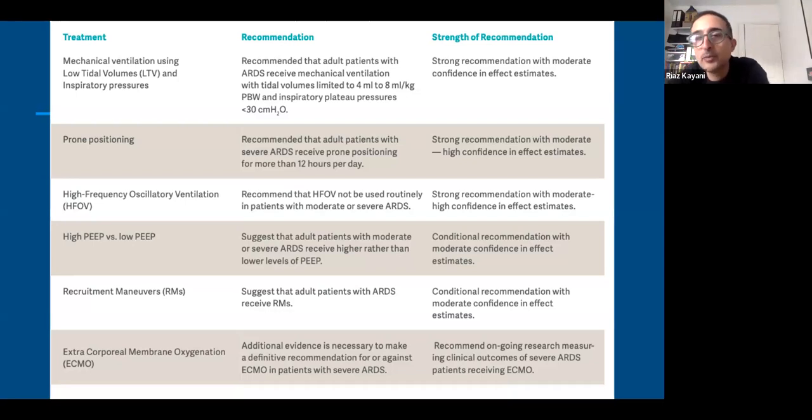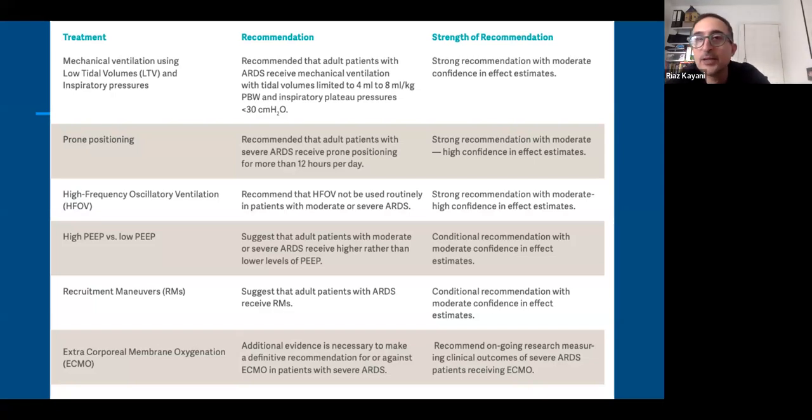Prone positioning is an interesting one because up until relatively recently, proning wasn't part of routine care in children. And certainly there's a variety of different reasons why it's become more prevalent. Essentially, a combination of good studies, and those of you will know there's now good evidence that proning is a benefit. But also, I think after COVID, a lot of people have become a lot more familiar with proning. And so proning has become a much larger player in the way that we manage kids with ARDS.